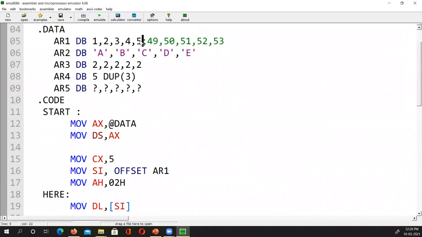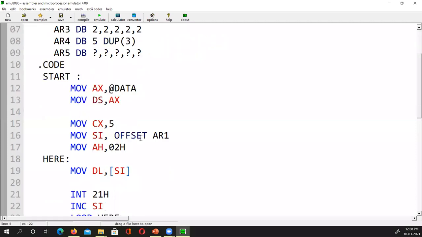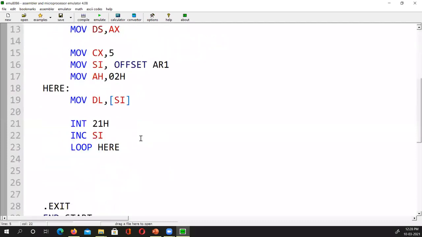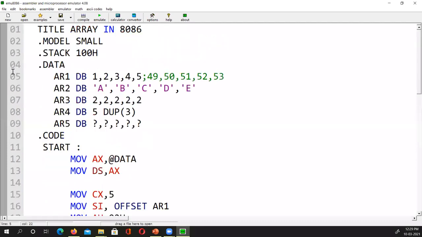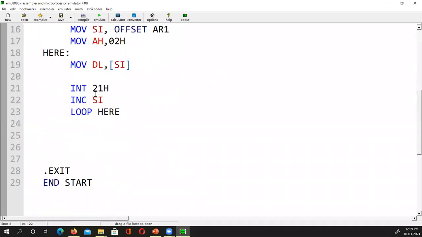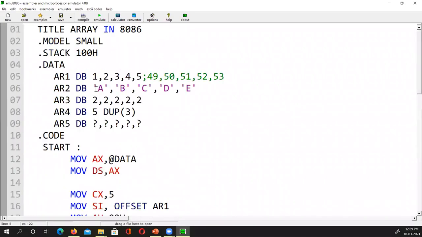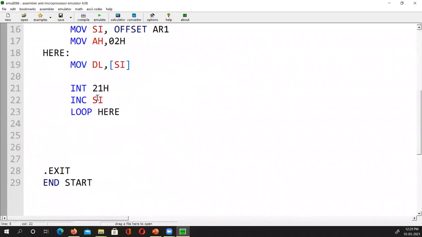Okay. Now question is, if I'm writing 1, 2, 3, it will not take it as 1, 2, 3. It will take it rather as ASCII 1, ASCII 2. So I have to convert them back. This one I need to convert into the decimal one, because I need to convert this into the ASCII one, so that when interrupt 21H with 02H converts it back to decimal, it should already be in ASCII.